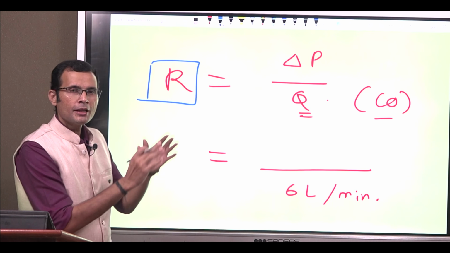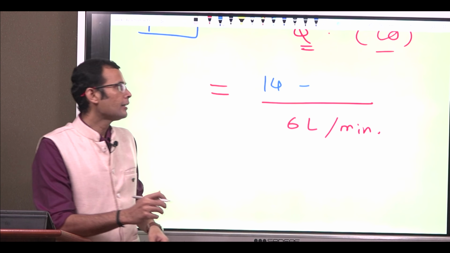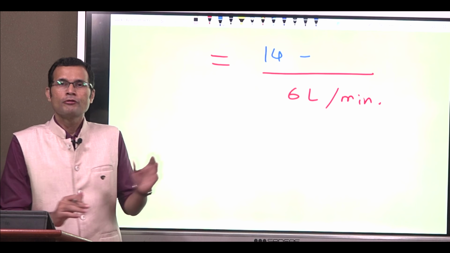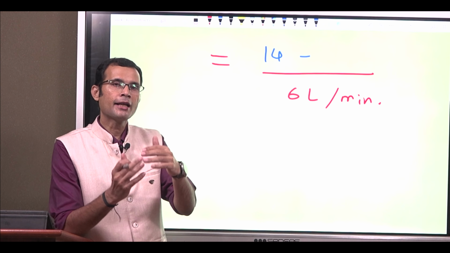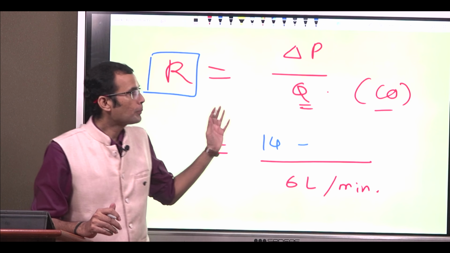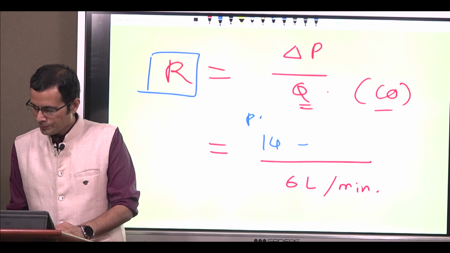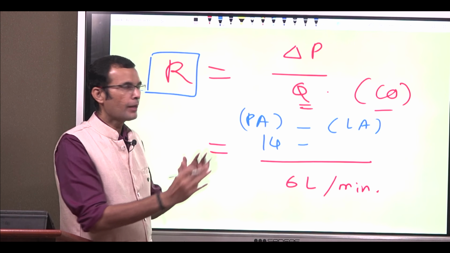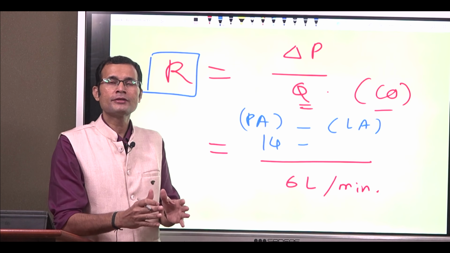Now pulmonary artery pressure, that's P1, and that's about 14 mm of Hg. And you know, from the pulmonary artery to the pulmonary capillaries, then pulmonary vein carries the oxygenated blood to the left side of the heart. So P1 minus P2 will be pulmonary artery pressure minus the left atrial pressure. That's the P1 minus P2. That will be the delta P for the pulmonary circulation. I hope you understand this.